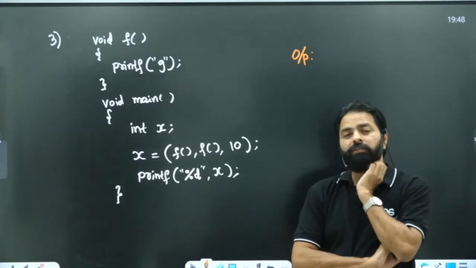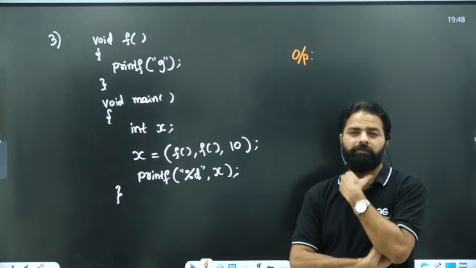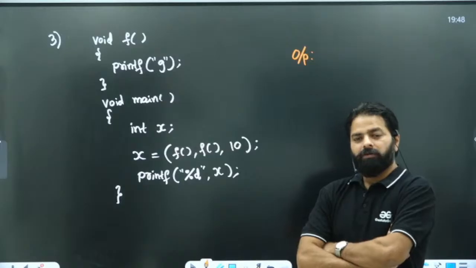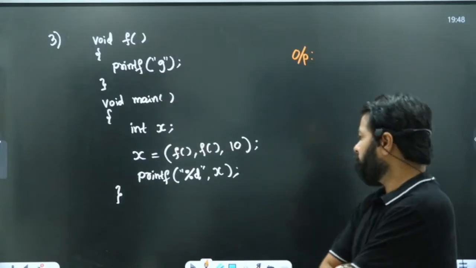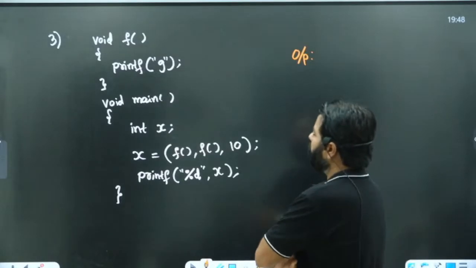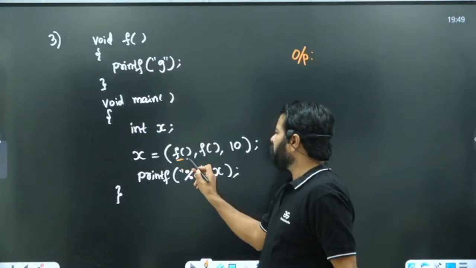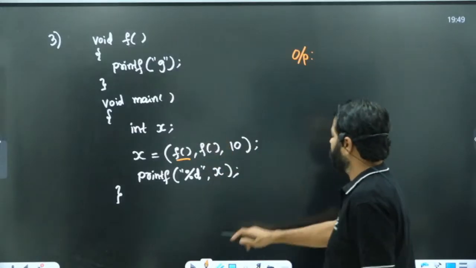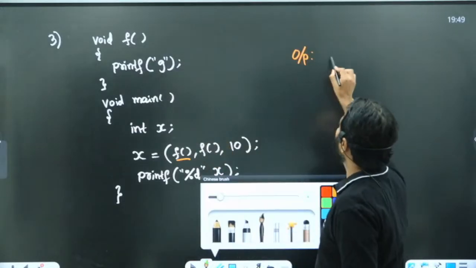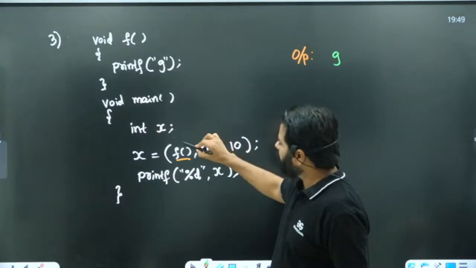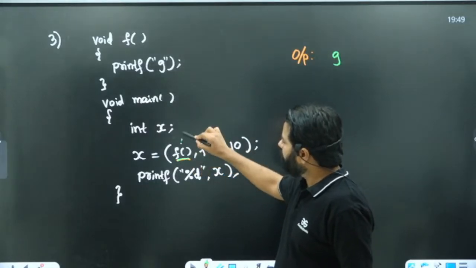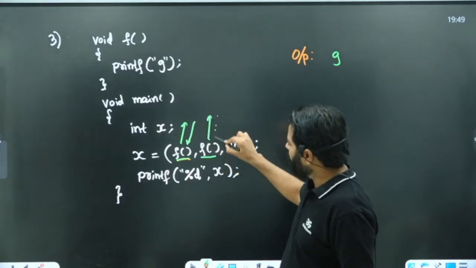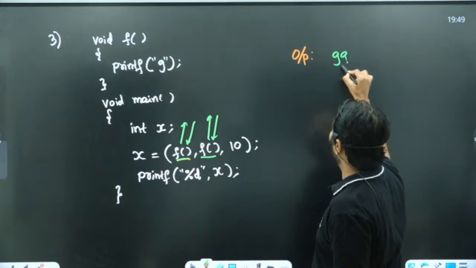Now you can go for storage classes, you will understand beautifully, because you are using the functions, you will understand them clearly. This answer? And you know, this F is called, right? What it prints? G, right? This is called, no doubt. F is called, it will go and come back. This F is also called, will go and come back. So it prints a G and comes back.